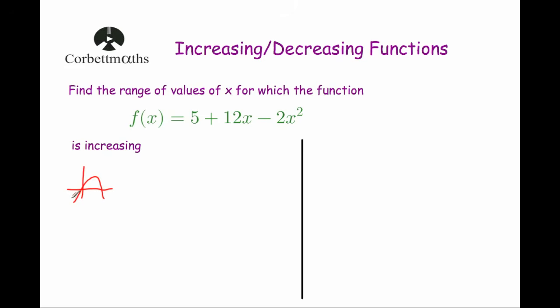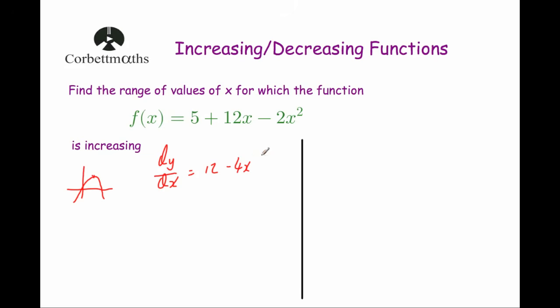And we know that this function is increasing up until the stationary point, and then after the stationary point, it'll be decreasing. So all the values of x left of the stationary point will give us an increasing function. Let's find the coordinates of this stationary point. At a stationary point, the gradient is equal to 0. So dy by dx is equal to, differentiating 5 is 0, differentiating 12x is 12, and differentiating minus 2x squared, bringing the 2 down, is minus 4x,